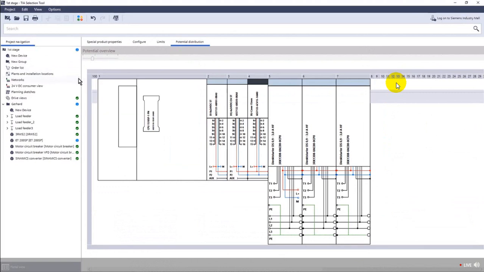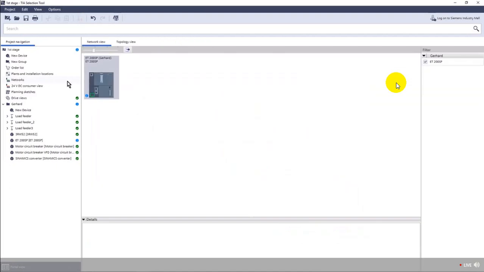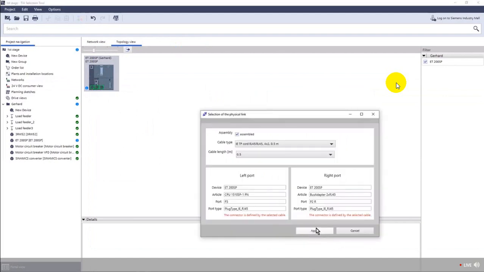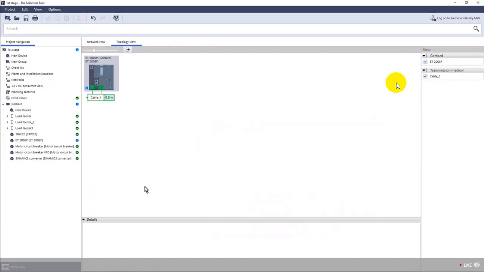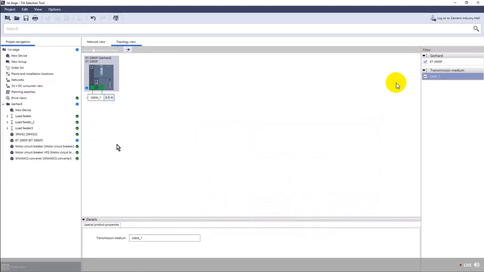Good. Now the other thing that I want to show you is, after we have selected this, we go to networks. You mentioned already Profinet. So here, I will just connect the modules where I need. As you can see, it's a topology view. Of course, we only have one CPU. So if you want to interconnect the switches, you can also do that, and you can start creating by applying the connector, and once again the tool will help you out defining how the cables and lengths will be. Okay,